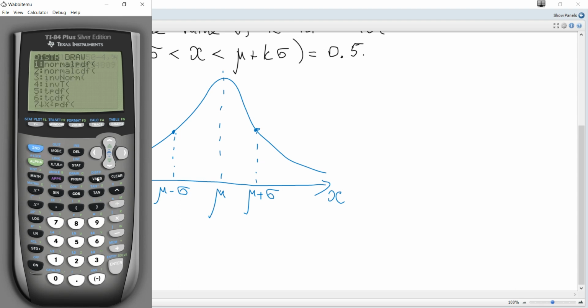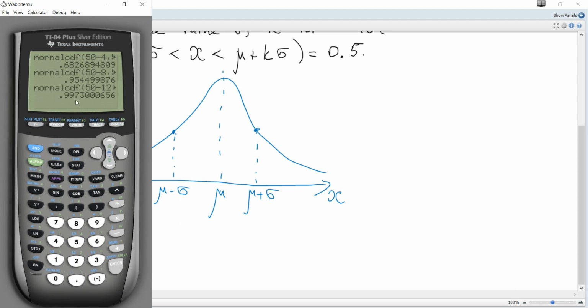And if we consider plus minus 2 sigma, so minus 8 and plus 8, we can see that the area and probability is about 95%. And if we consider 3 sigma, it's minus 12 and plus 12. So within mu minus 3 sigma and mu plus 3 sigma, the area is